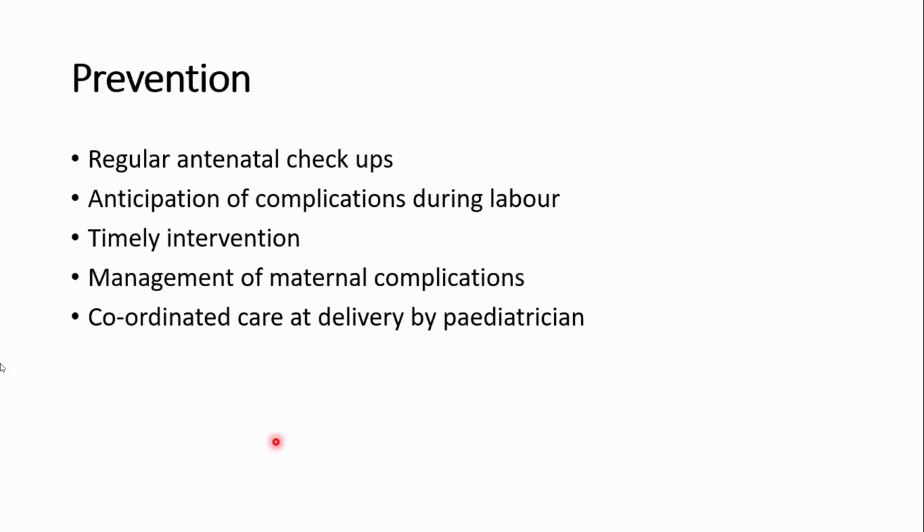Now, how do you prevent birth asphyxia? These are the methods of prevention of birth asphyxia, because as we talked about earlier, birth asphyxia is the second most common cause of neonatal mortality and morbidity. Okay, so if you prevent that, we can prevent lots of newborn deaths. So how do you prevent it? Number one, we ask the mother to have a regular antenatal checkup. What is the purpose of regular antenatal checkup? Abnormality can be detected earlier. Hypertension, maternal diseases, whether there is fetal abnormality or not, these can be detected earlier, and so we can manage accordingly.